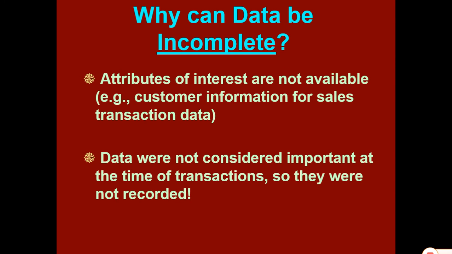Why is the data incomplete? Because the attributes of interest are not available. For example, whenever you are buying some things, you are not storing the customer information. But if you are storing the customer information, you are not storing some goods, or you are storing the goods with a very vague structure, that is of no use. So whatever the customer is taking from your shop, you should store it accordingly, so you can get particular data. Otherwise it can be in the form of dirty data.